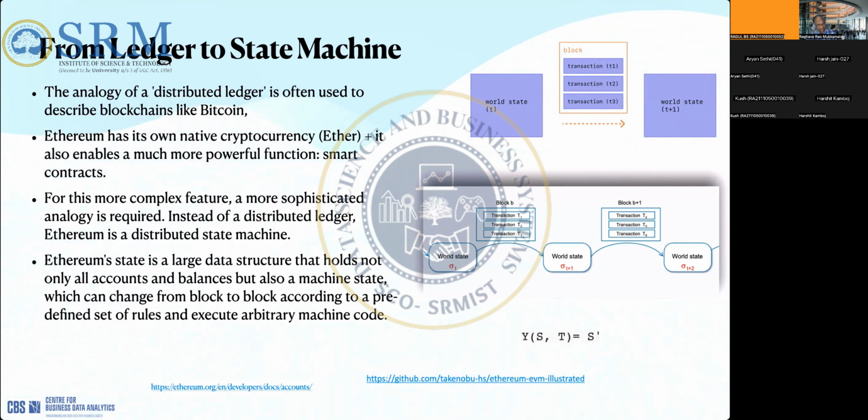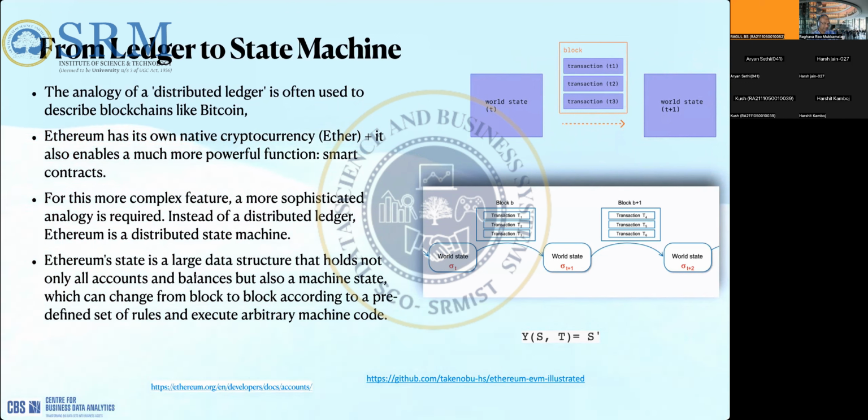So what is a state machine? It is nothing but a computational model. In computer science, you have different state machine models. Basically, it means that you are in one state, and then you have some kind of transaction, or some kind of state change happening, and then it moves to the other state. That is how it is perceived as a state machine: you move from one state to another. That is the main idea behind it.